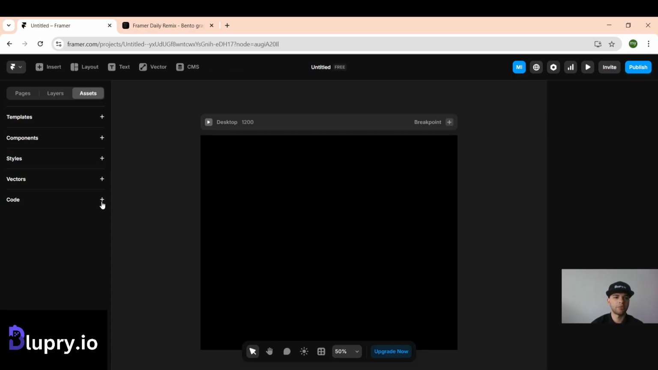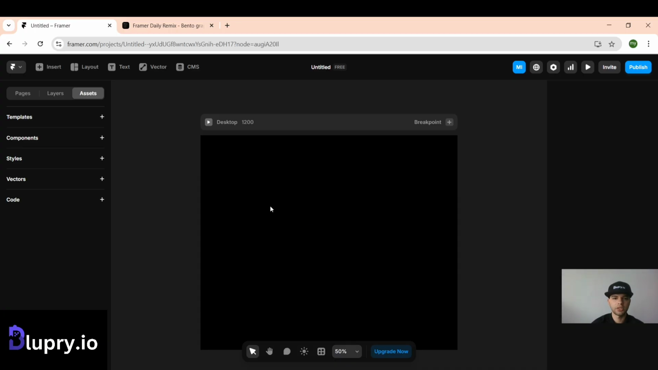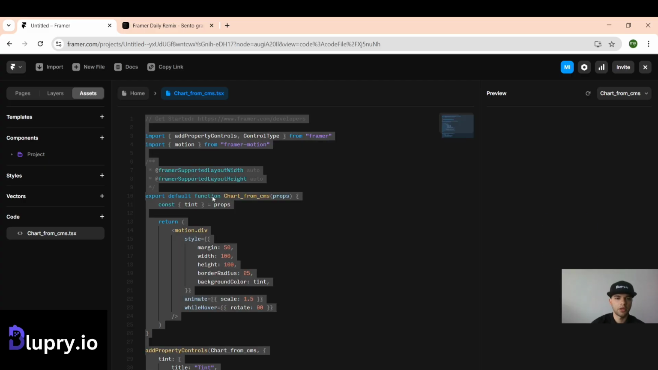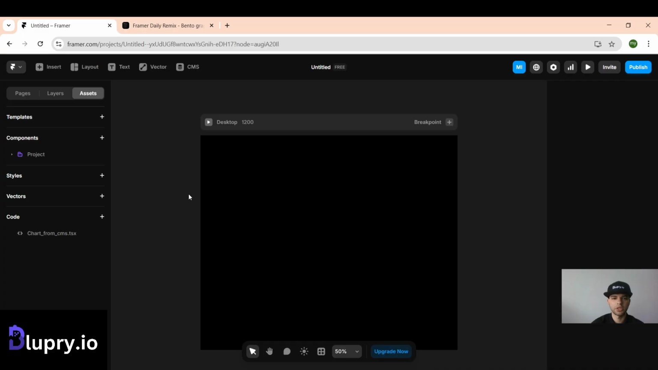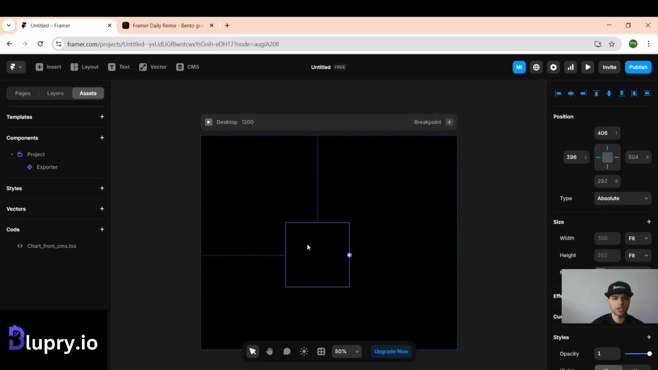Then you will need to add the component for the chart. I will name it chart from CMS, and then I can paste the code from the other project. Now I just need to drag this inside my project,